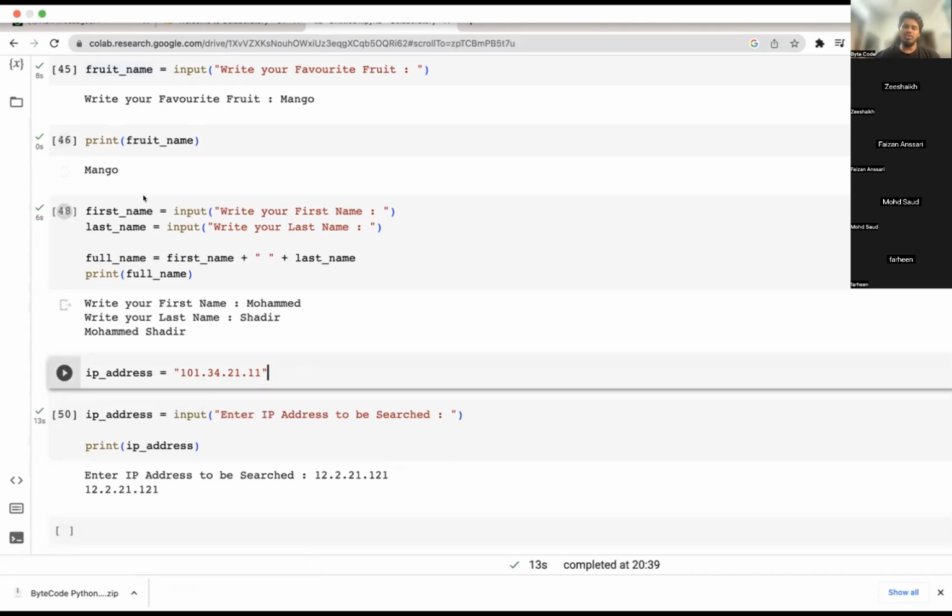So all this, whatever you are learning, will come in handy as we go along. Don't worry, we will cover each and every use case. Then you will understand why this print function, why this input function, why this length function is very important. Okay. Any doubts until now?